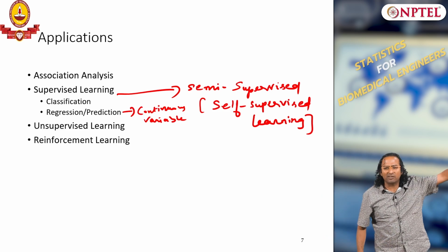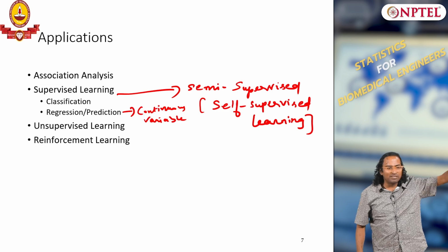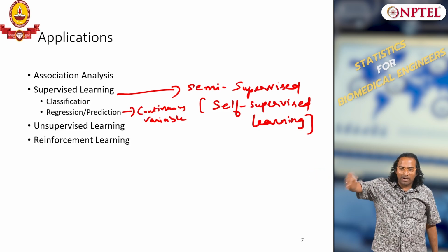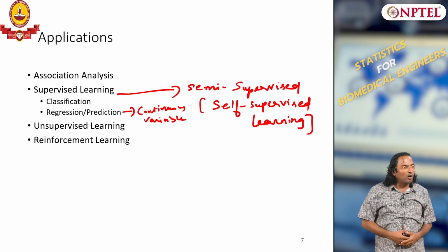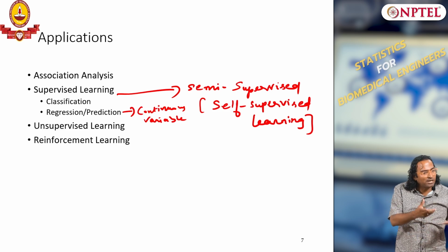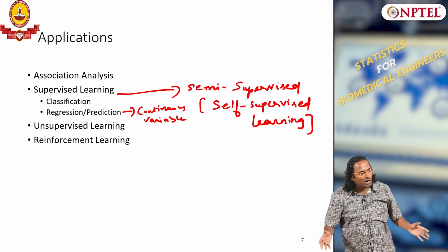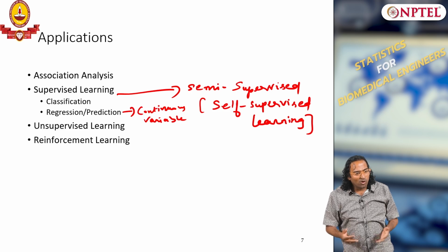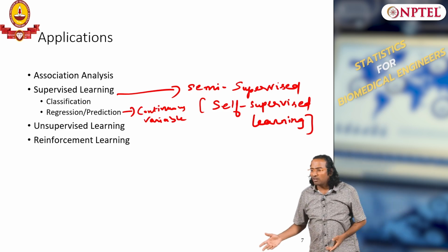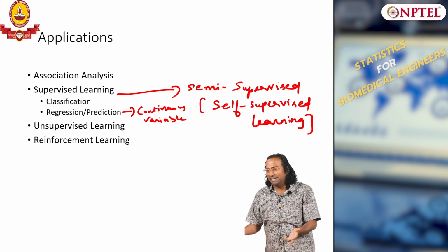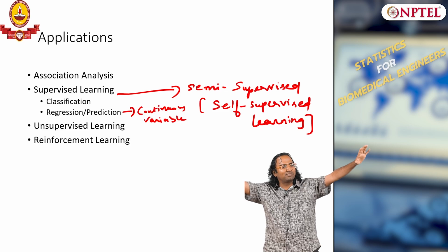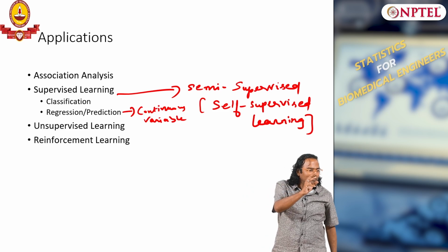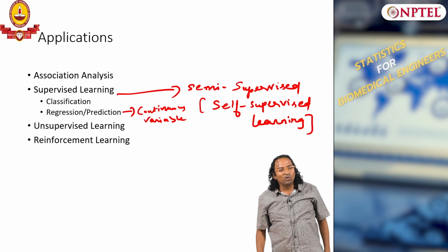I have a whole bunch of failure data which has not worked, which is not labeled, but I know the molecule's properties. We have drug molecule properties, but we do not know whether it will work or not, because people would have either done experiments and not reported, as failures people do not report. People would have tried the molecule and not succeeded, or they would not have even tried it. We do not know, because there are no labels. So you have a huge set of unlabeled data and a very small set of labeled data. How do I combine these both to develop a model? That is a big question in the pharma industry.